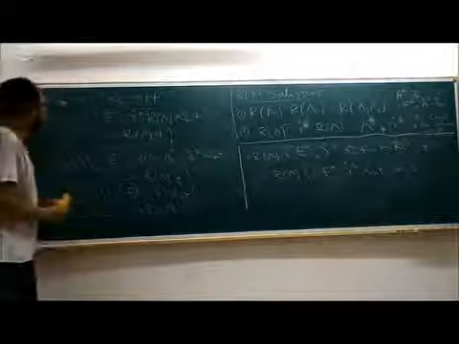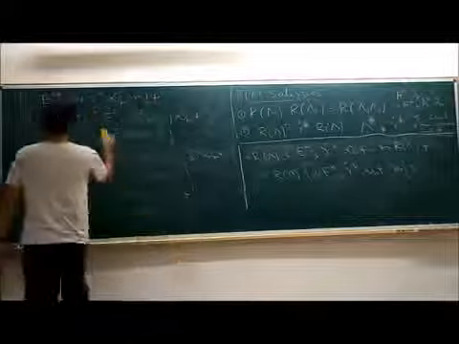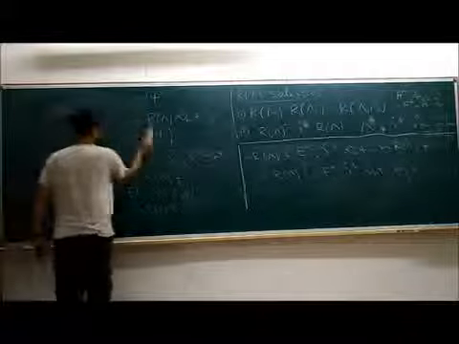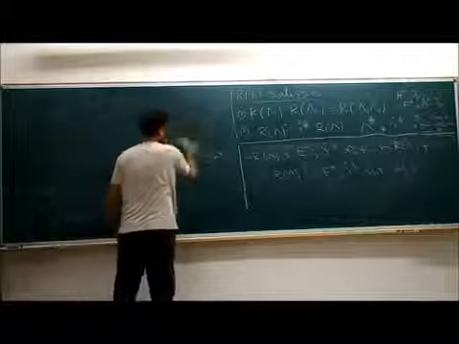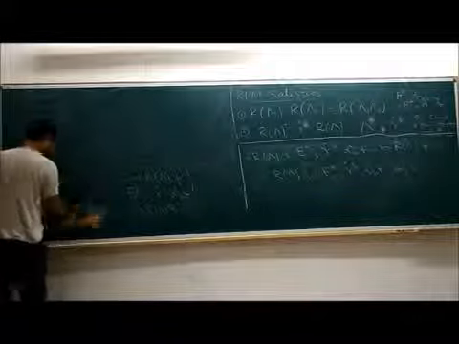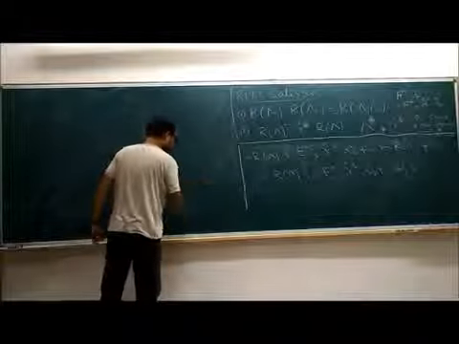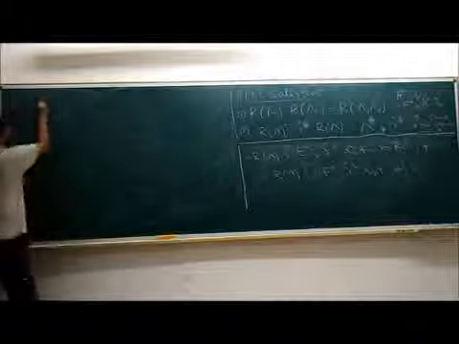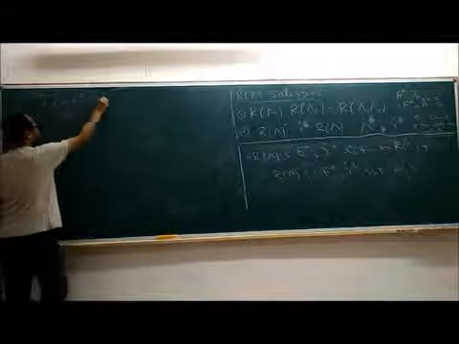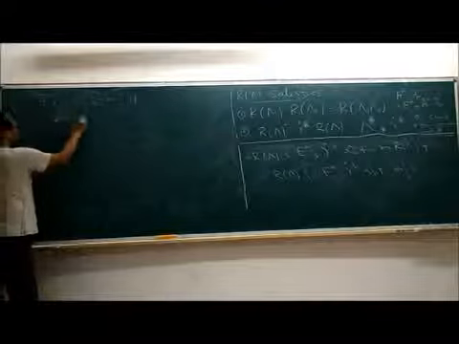Okay, so let me now say a few words about the action. I will not do very much. When you do the first quantized Dirac equation, of course the equations are enough, right? The Dirac equation is sufficient. But in the second quantized theory, often you need the action. So in flat space, the action of the Dirac field is psi bar (i gamma^mu del_mu minus m) psi, where psi bar is psi dagger gamma^0.